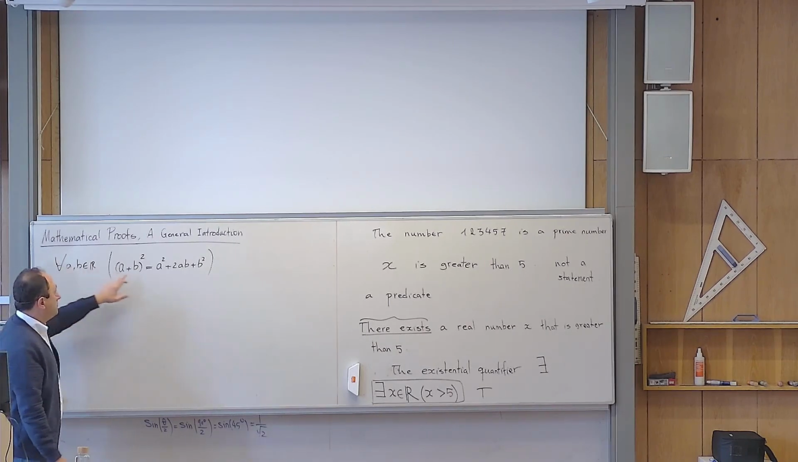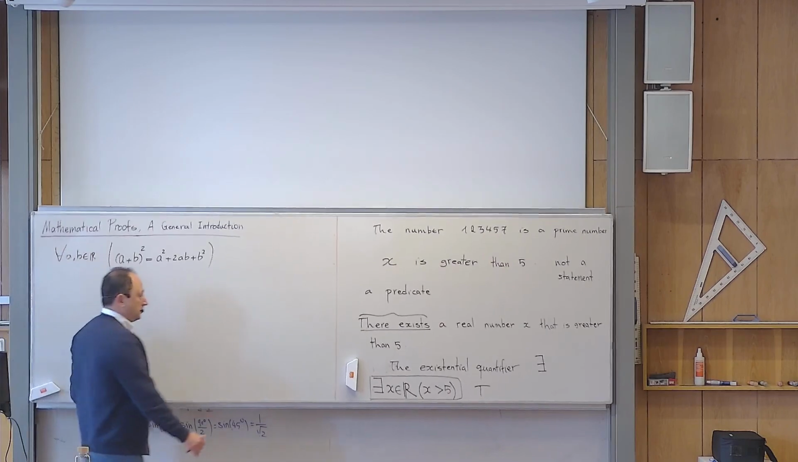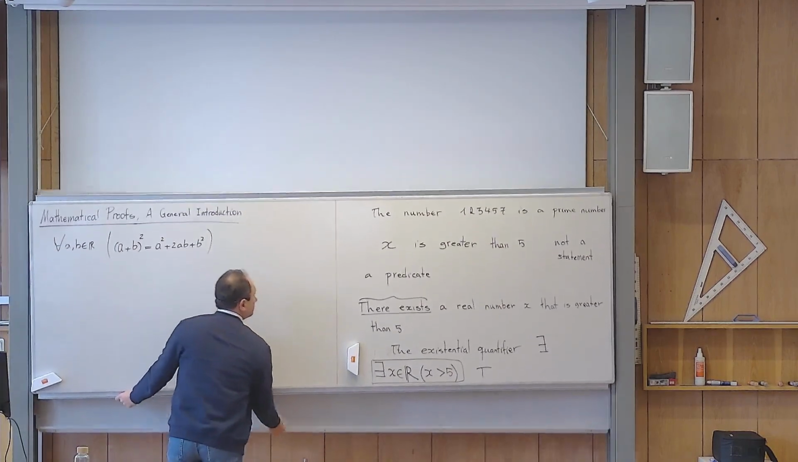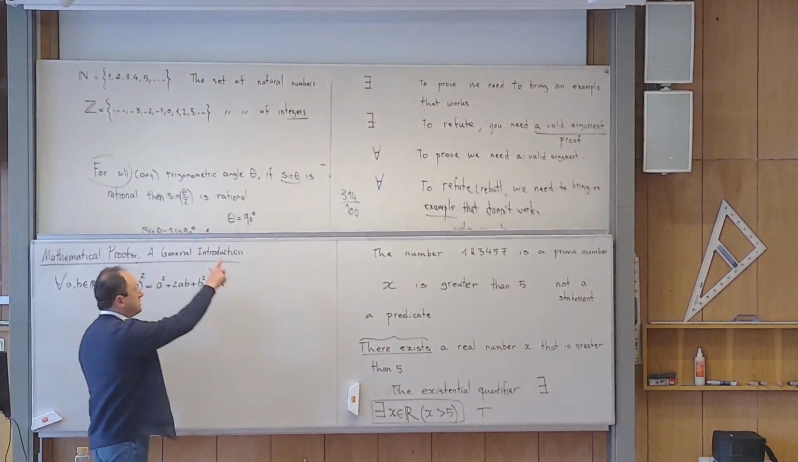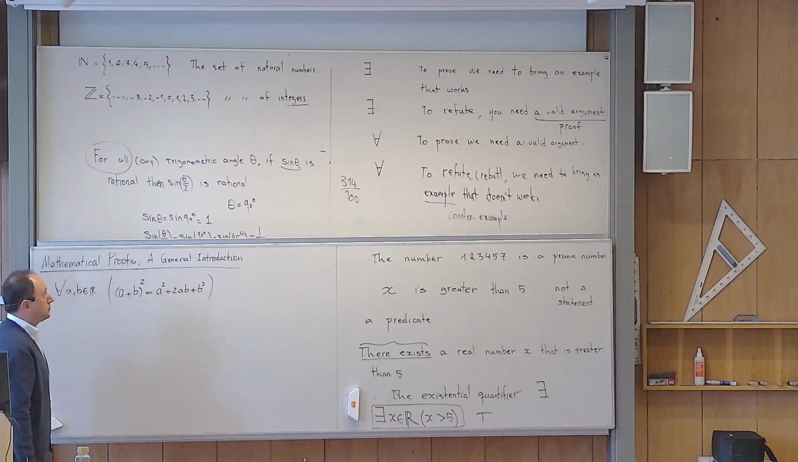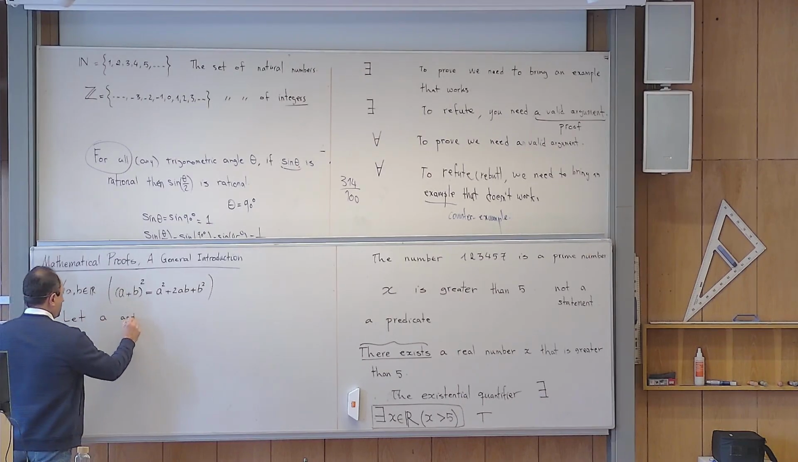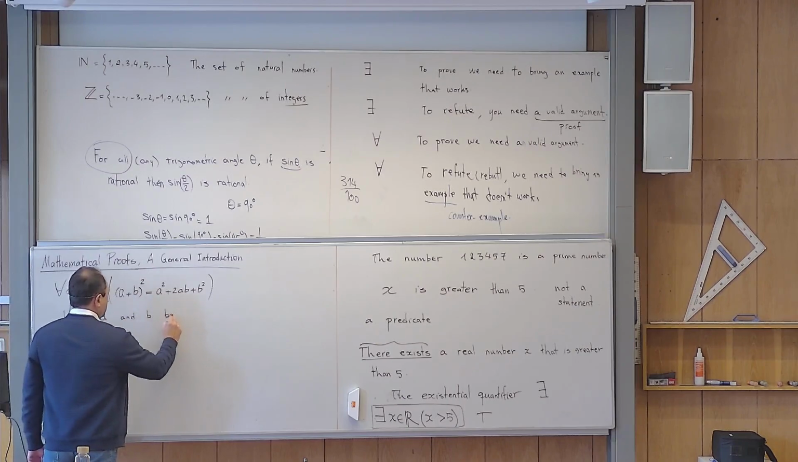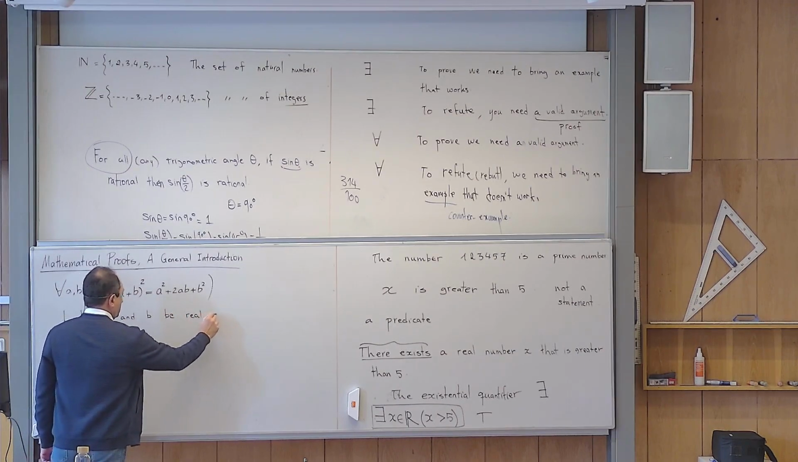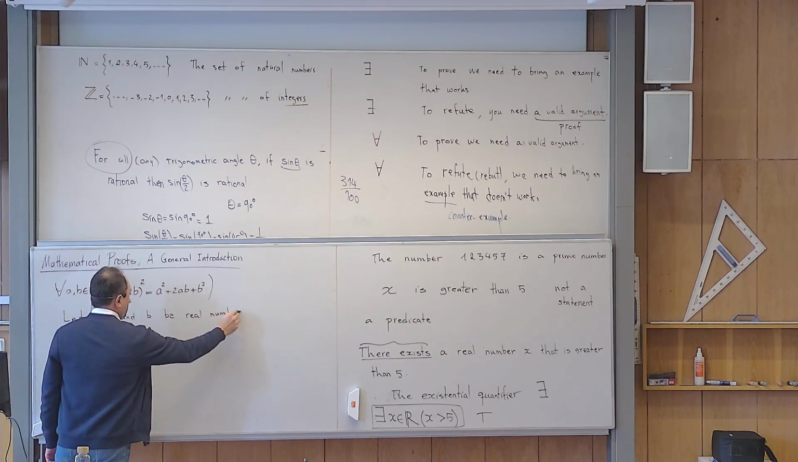Okay, if I want to prove it, what should I do? We have it here. So this is the universal quantifier. We want to prove it, so we need a valid argument. Okay, so in this case, how should I prove it? If you want to be very precise, you would say: let a and b be real numbers. Okay, then,